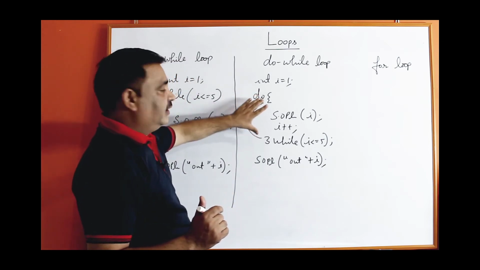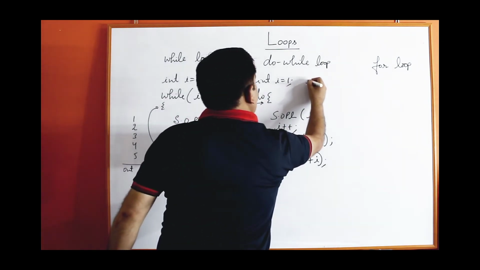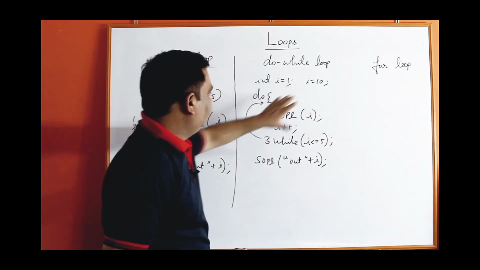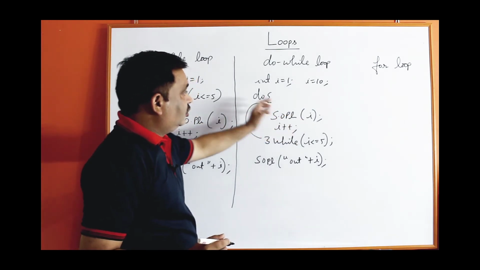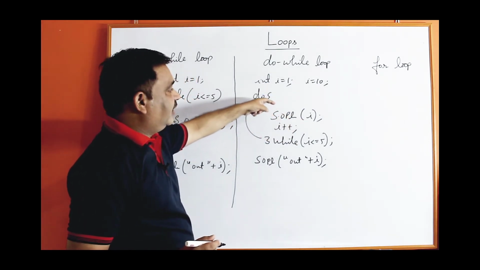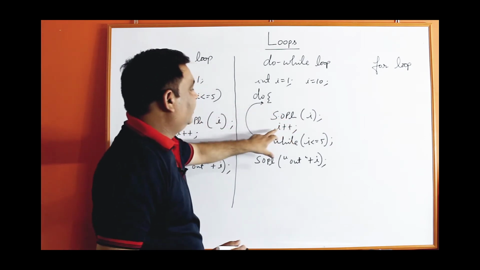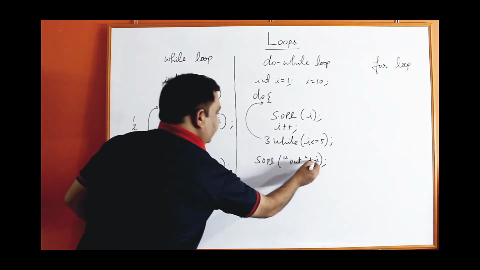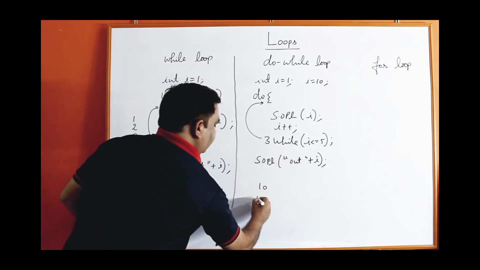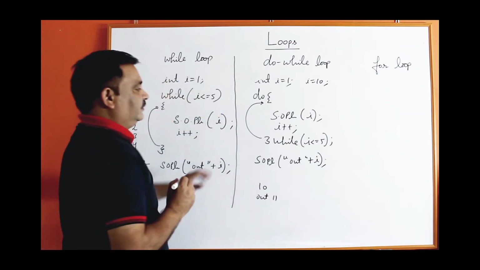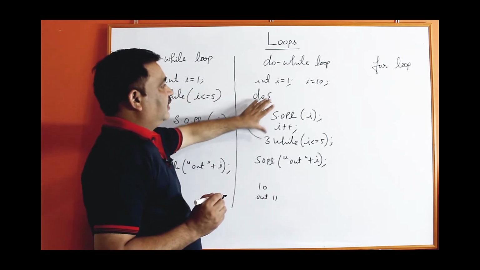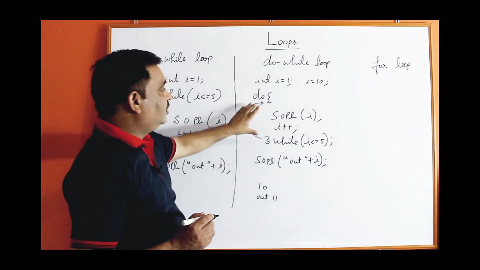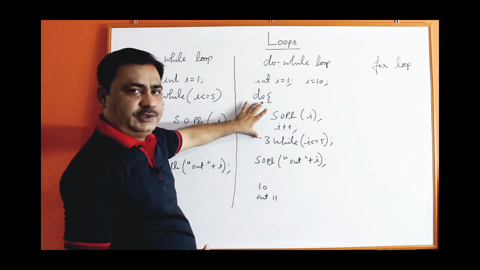Now in this case, if I take value of I is 10, instead of 1, then 10 will be printed. So entry in the loop is allowed. 10 will be printed, it will become 11. 11 is less than or equal to 5? No. So it will print out 11. So inside the loop 10 and out of the loop 11. So in this case, condition is false, but at least one time this loop will execute. This is called exit control loop.